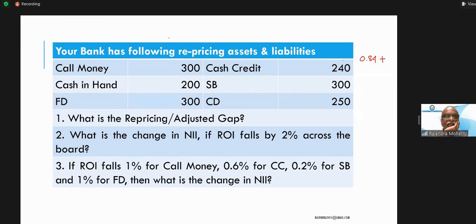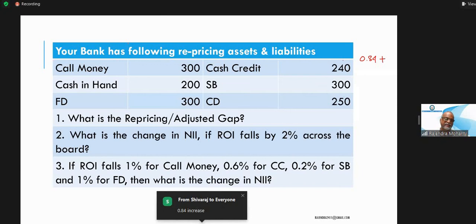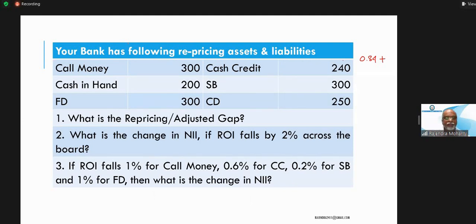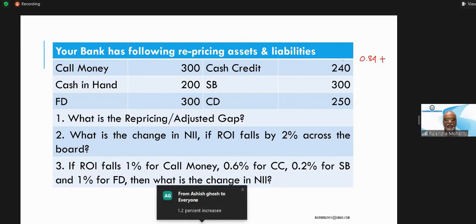How many people are there? 115 people are there, but I am getting only 3 answers. See, all of you are paying money to attend the class, no? That money comes from your hard-earned salary. Sivraj is also 0.84. So when you are paying that much hard-earned money,